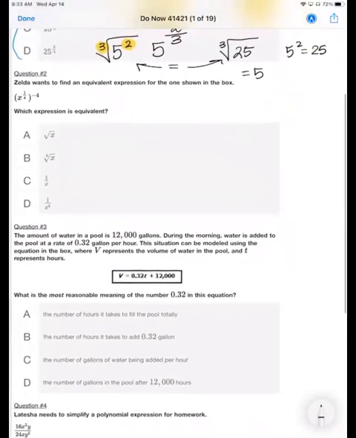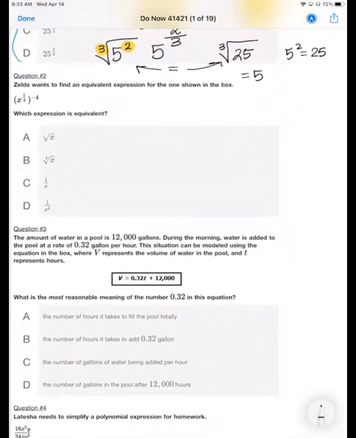Now, let's move on to the next one. It says, Zelda wants to find an equivalent expression for the one shown in the box. X to the power of 1/4, and it's in parentheses. So that means with the law of exponents, we are going to raise the power,